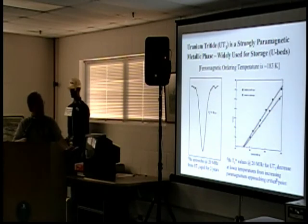Now I want to talk a little bit about another material. This is uranium tritide. This is a strongly paramagnetic material, and of course it had a lot of use not only at Mound but throughout the DOE complex for handling of tritium. It has a ferromagnetic ordering temperature of about 183 degrees Kelvin, and this is an echo at room temperature for the material. This is a spin echo, and it's very sharp, like 23 microseconds. If you remember, the helium-3 from lithium tritide was something like